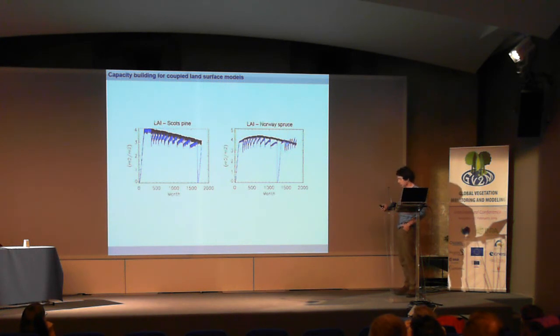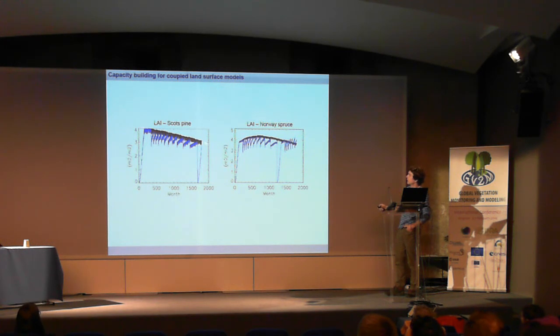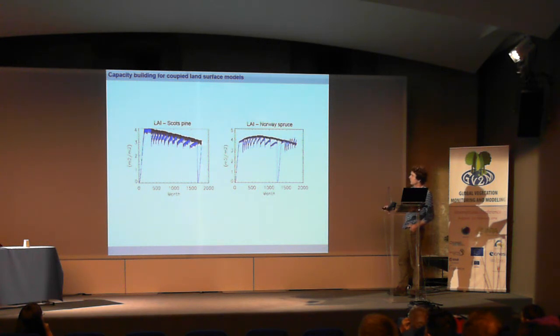And so then we can start seeing the first results. The black line here is if we run the new version of Orchidea without forest management, and the blue line is with forest management. And this is for 2 species, Scotch pine and Norway spruce. And then, well, kind of happy, you see that the canopy of Scotch pine is lower than the one of Norway spruce. You see that it takes longer for Scotch pine to get to the point where it's economically feasible to harvest. For spruce, we reach that point earlier.